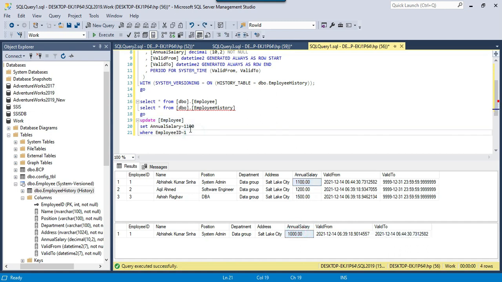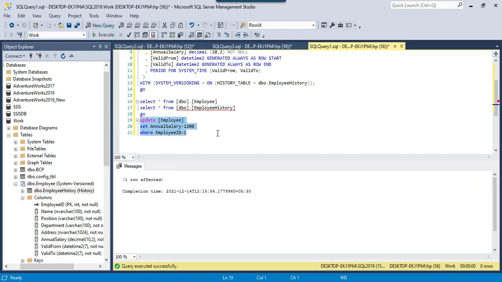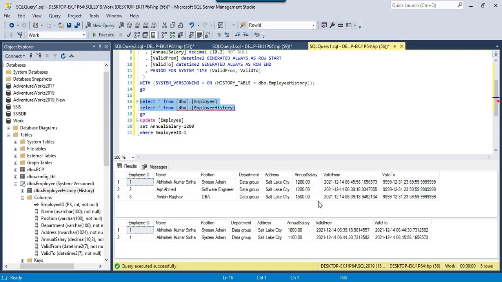And now let me run another update and change the salary from 1100 to 1200 for this record. The record has been updated again, and let me check the data again. So you can see that one more entry has been inserted into the history table for that particular record. The first record was valid from this time to this time, and then another record expired at 6:44:30.